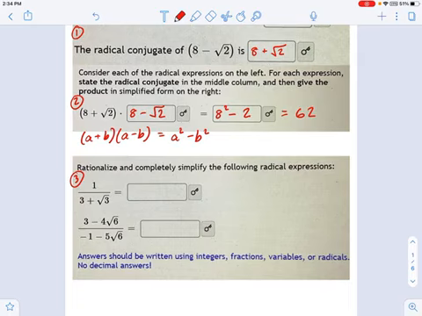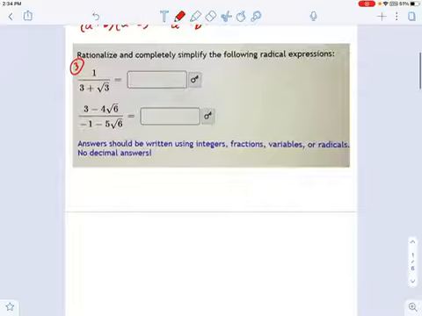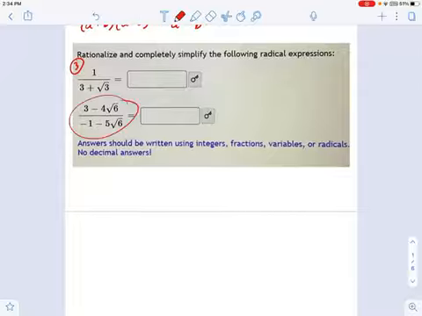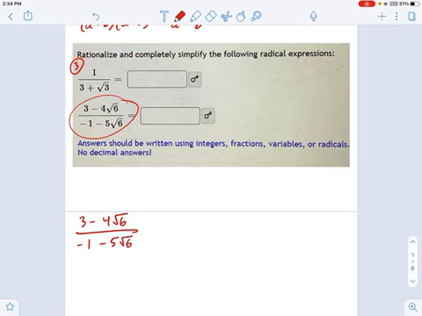And here's what we don't like about these two fractions right here. These radicals in the bottom, they're not great. Grammatically speaking, they're just a problem for us. So I want to rewrite this fraction as something with no radicals in the bottom, and the way to eliminate radicals is to multiply something by its radical conjugate. So let's go ahead and do it. I need a little more space for this one, so I'm going to take this part right here, and we'll go ahead and write it out down here. 3 minus 4 radical 6 divided by negative 1 minus 5 radical 6.